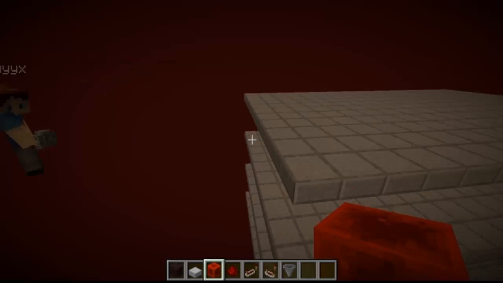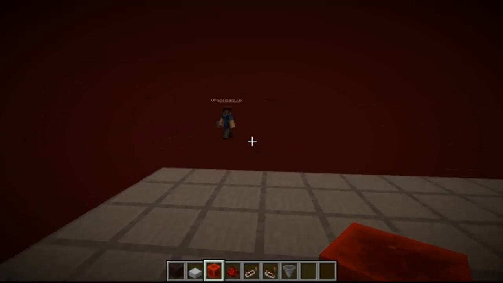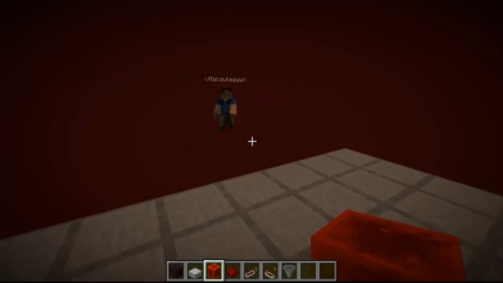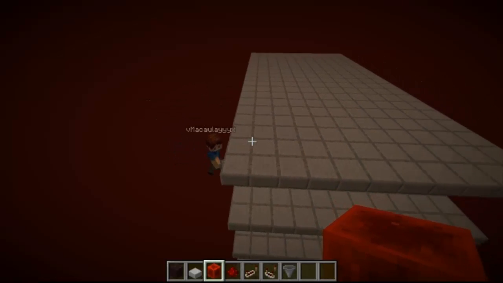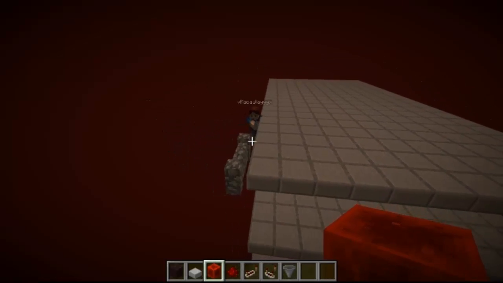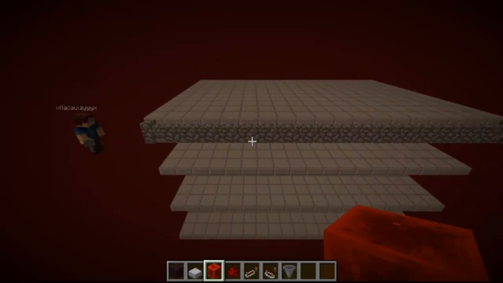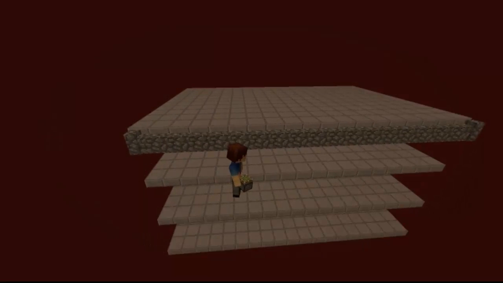Alright, hey guys, we're back here. We're going to do the piston pusher part, and I'm going to have Macaulay do that for us. So Macaulay, take it away. Alright, first of all you want to pick one side of which you want to be the short side. So what you want to do on that short side is place cobblestone walls or any kind of fence along that side. And then after that, you want to grab yourself a set of normal pistons,